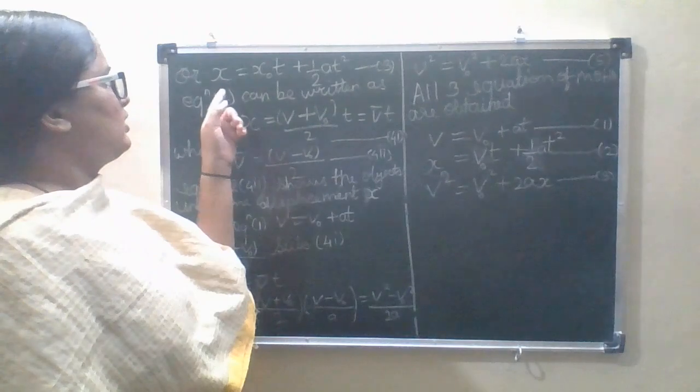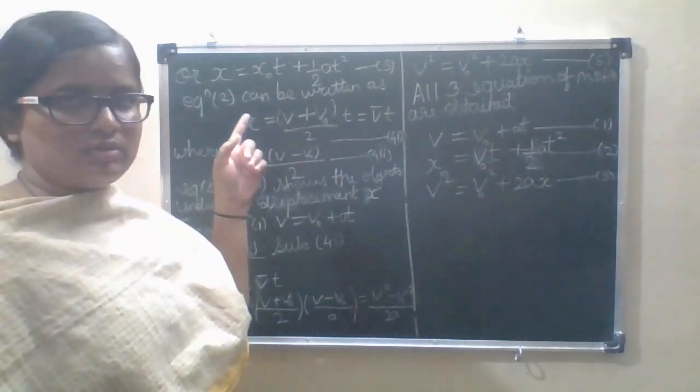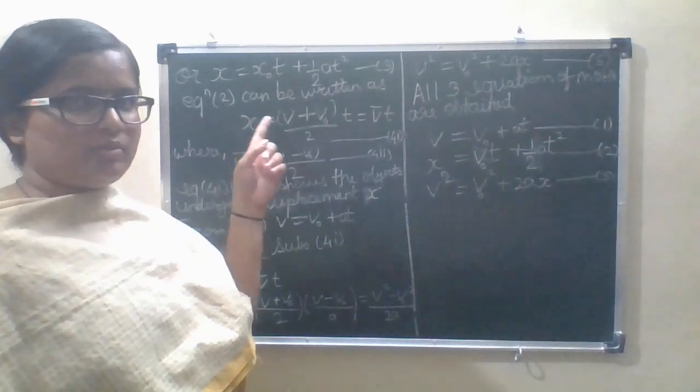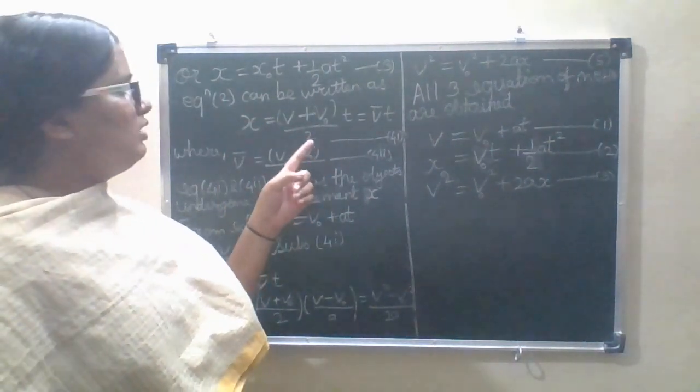Then in the final form we can write x0 plus v0 t plus 1 by 2 at